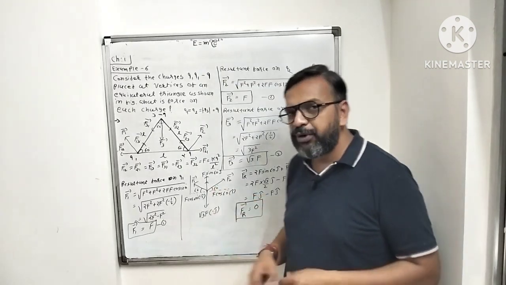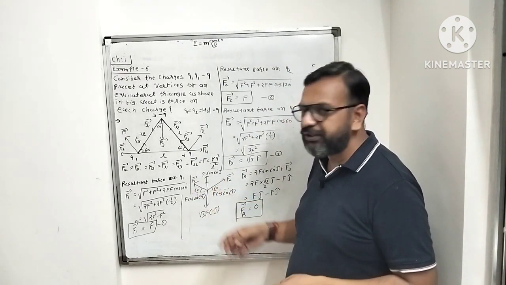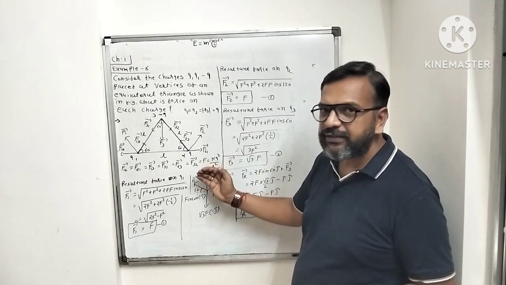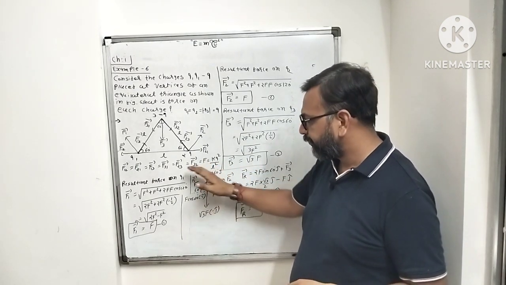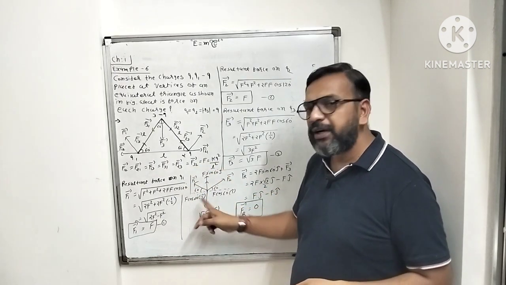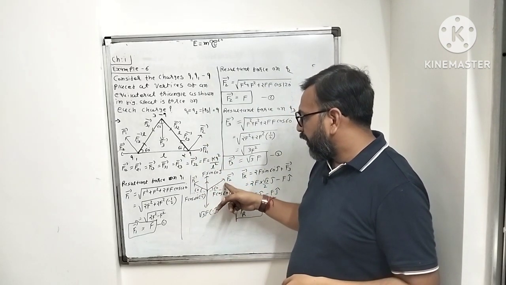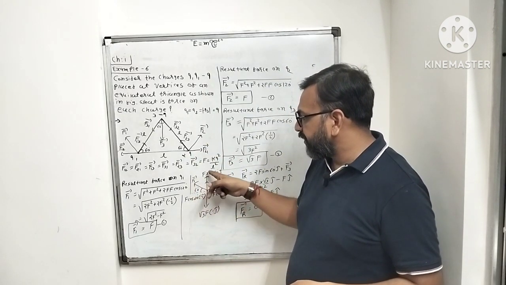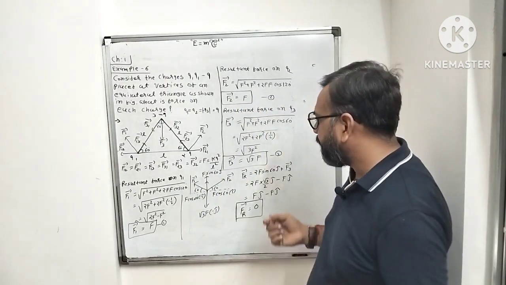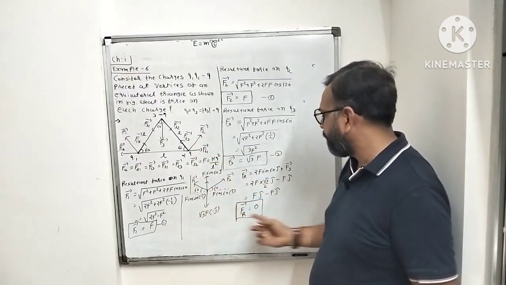Here we draw the free body diagram: F1, F2, with angle 60. Whenever there is an angle theta, one component is cos theta and the other component is sin theta. Here the cos 60 components are equal and opposite in direction, hence they cancel each other. F2 sin 60 and F1 sin 60 are both in the same direction, so we add these two vectors. The resultant force is 2F sin 60 j caret, in the upward direction.